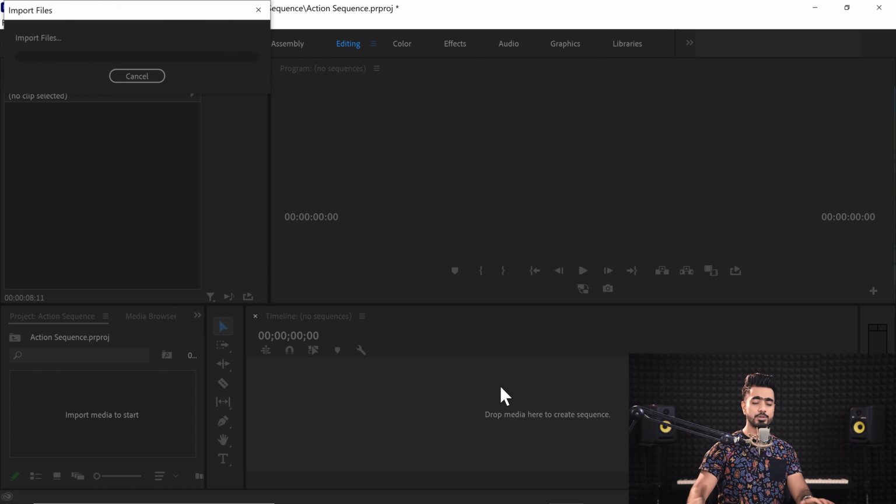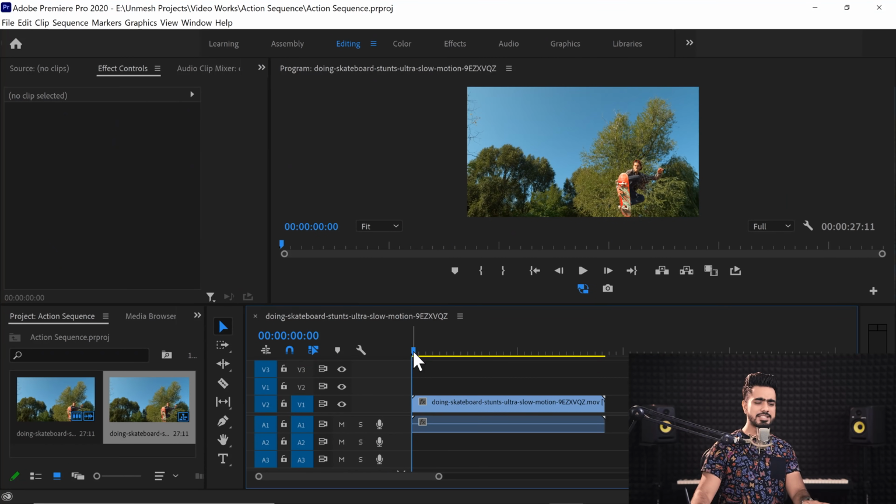Now keep in mind, you don't have to do any of this if you don't want to. If you don't want to deal with video editing or Premiere Pro, you can always play it in your video player and just take snapshots or screenshots, whatever suits you. Now right in here, you can simply scroll smoothly through the timeline. So I feel that this is the point where I want to start. So let's say we fixed that.